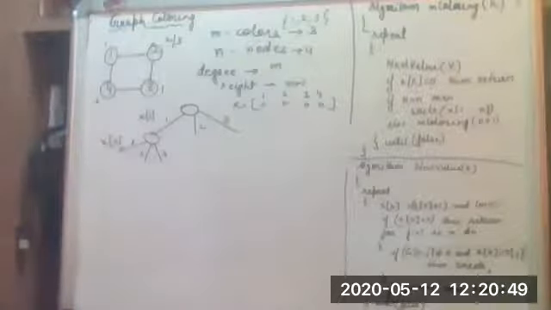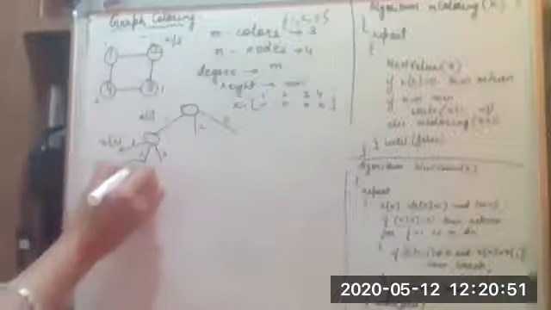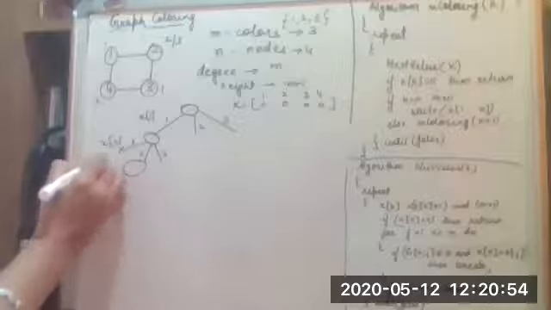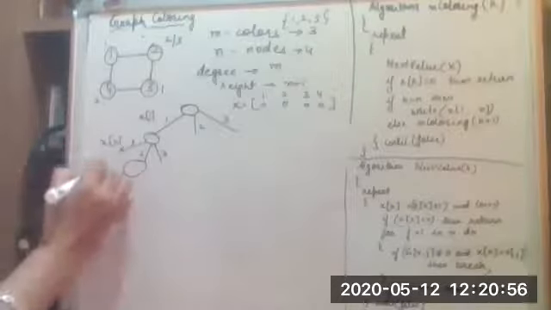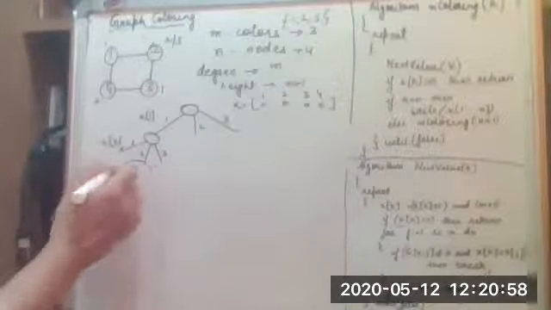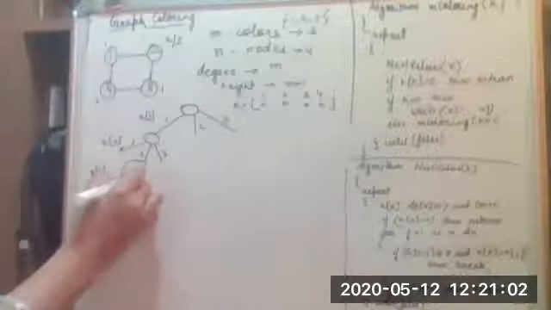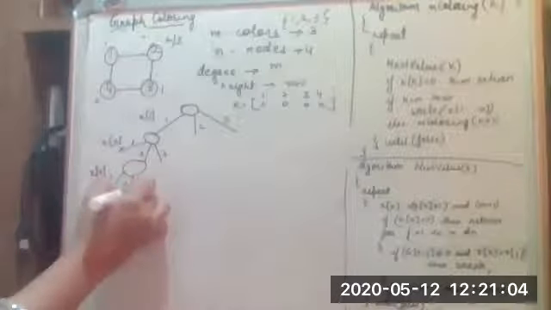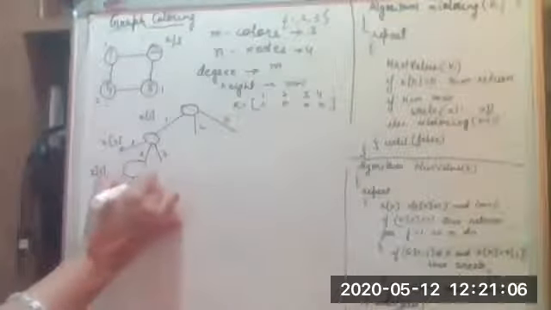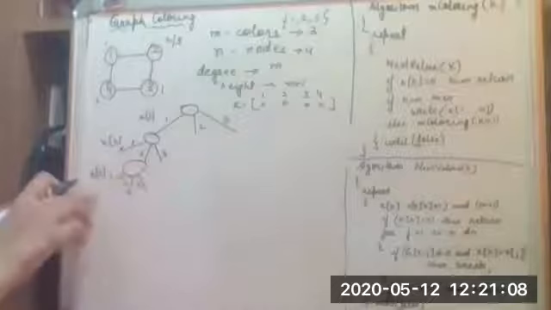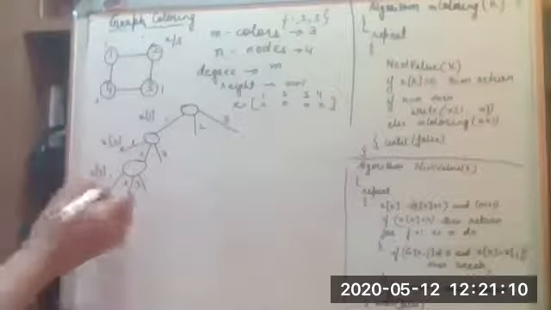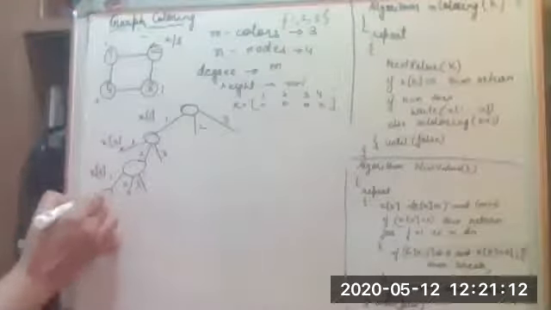So if it has the value of 2, then we are working for x3. That is the third vertex. So this third vertex, can it have the value of 1? Yes. Can it have the value of 2? No. Can it have the value of 3? Yes. Fine. So again, starting from this side for the x4.